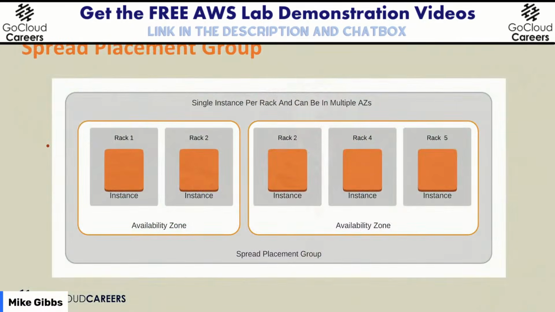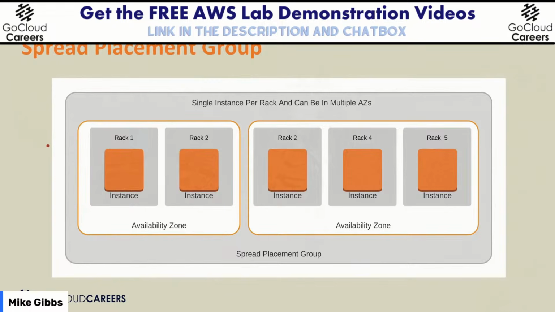So what's that going to look like? It's going to look like this. We've got 2 availability zones and we've got stuff spread in multiple racks. So decent performance, but not optimal performance. Optimal performance is that cluster placement group. The partition placement group is kind of somewhere in between optimal performance and this, because it's still going to give you really good performance, but you've got a little redundancy in there.